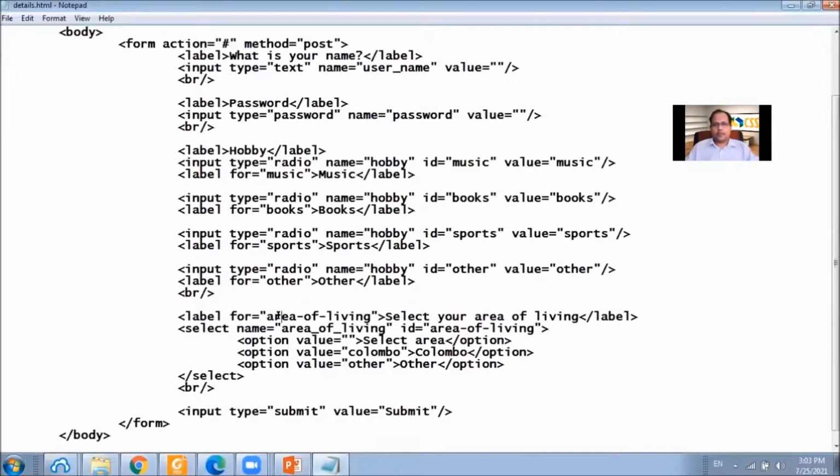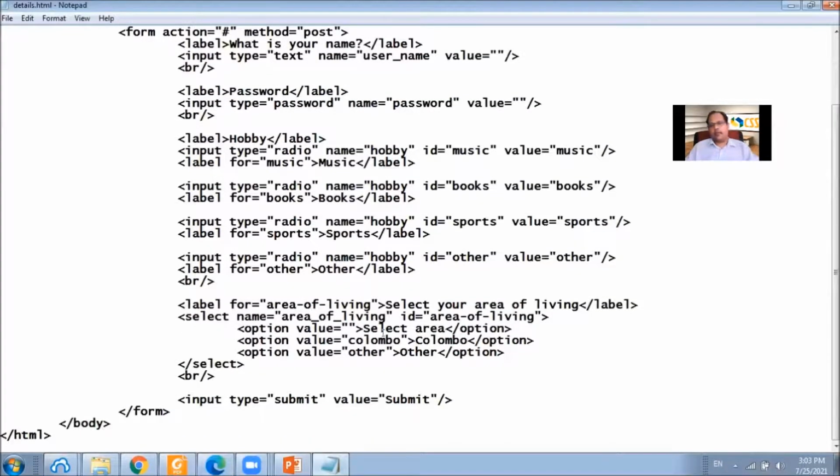There is another option to select multiple elements in the same select box.